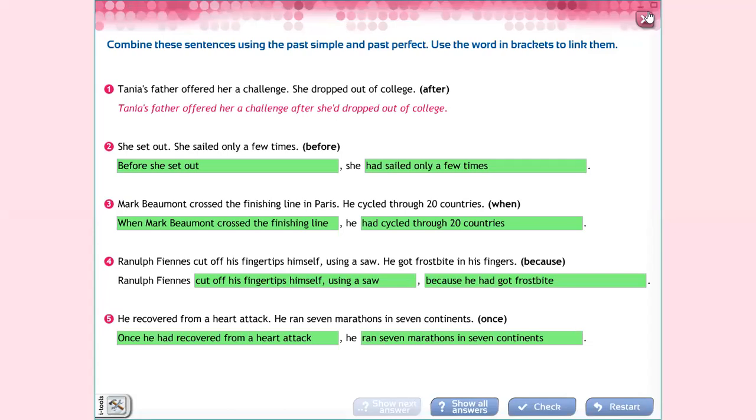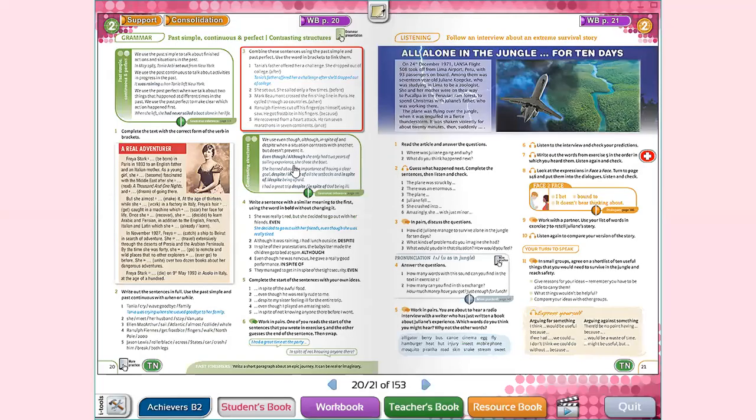Okay, take a screenshot, guys, because time is money, you know. Time flies, time goes by quickly. Okay, let's continue. The next exercise, guys, it's about